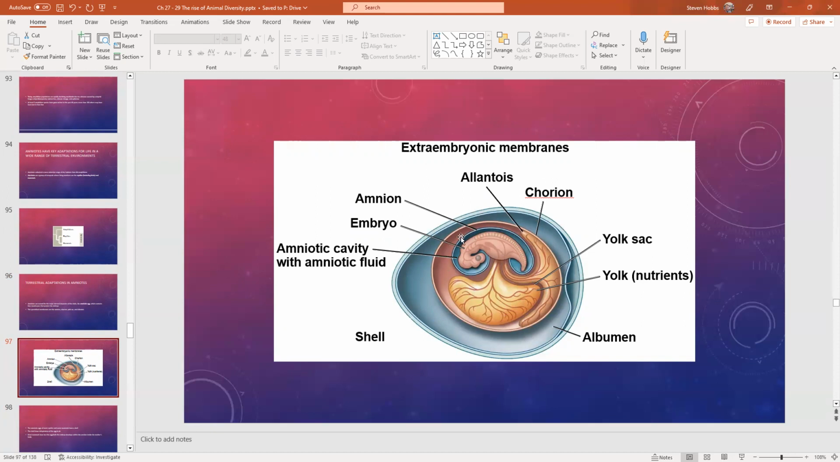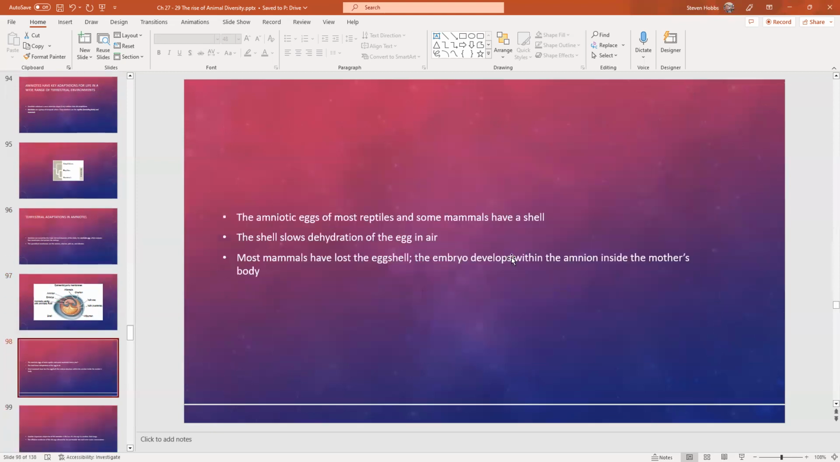We brought the water with us. Once we left the water, we brought the water with us. And then you cover that with a shell on the outside. That can be leathery or it can be more mineralized. So the amniotic egg for most reptiles and mammals has a shell. The shell slows dehydration. There's a small problem with that, which is that you still have to diffuse oxygen into the